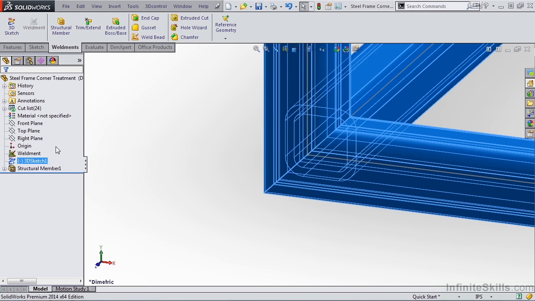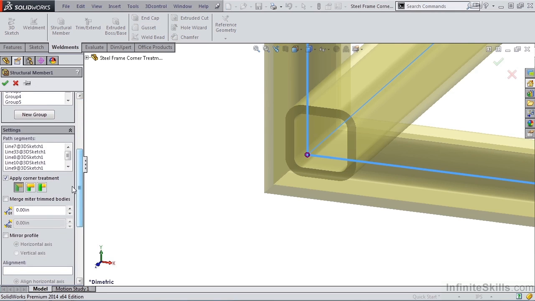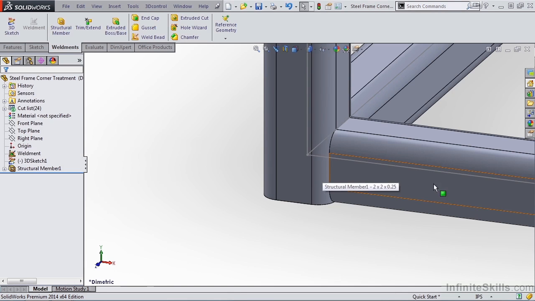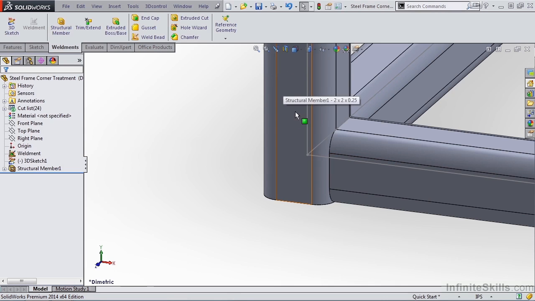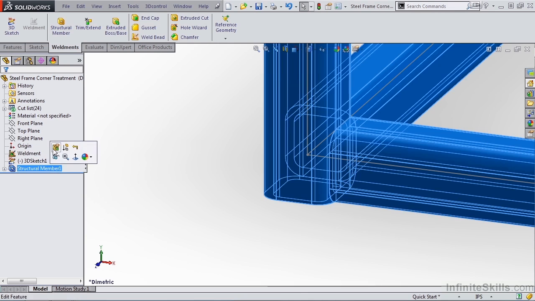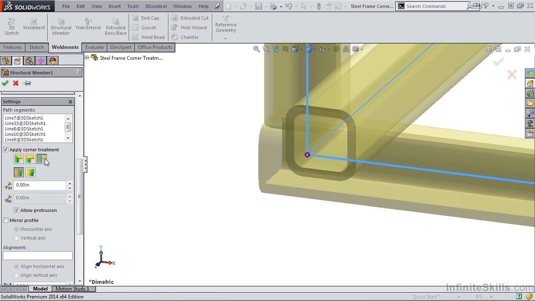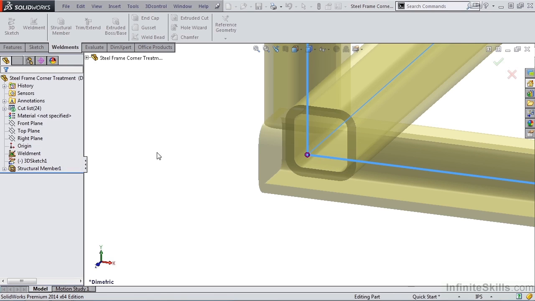I'm going to edit the feature, select the second option, which is a butt joint, and this one's called end butt 1. I'm going to go ahead and select it, click the check mark, and this is the result. The horizontal member is butted up against the vertical member. Now, if you wanted the vertical member to be butted up against the horizontal member, that's a pretty easy fix. You simply go back and edit the feature, and instead of selecting end butt 1, we should have selected end butt 2. So I'm going to go ahead and do that and close out of the command,